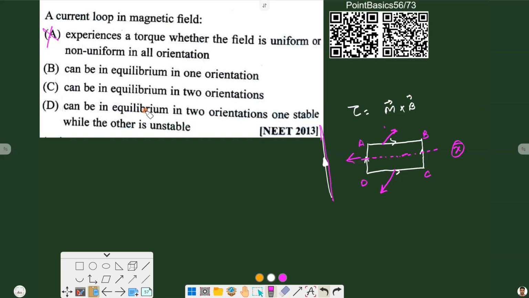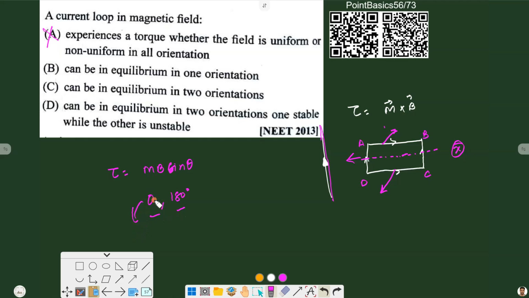Now coming to the equilibriums. Torque again is mB sin theta, and for equilibrium, we need torque to be zero. Torque is zero when theta is equal to 0 degree and theta is equal to 180 degree. When both of these torque is zero, at 0 degree, it is known as stable equilibrium, because